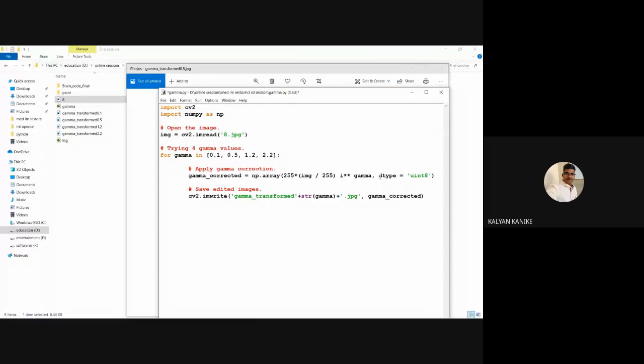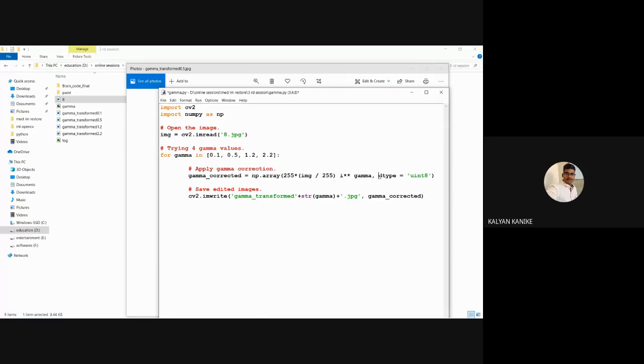Afterwards, dtype is about the data type. Here we are going to store the entire image information as 8-bit integer. Why do we go with 8-bit integer? There is a reason, as I told you.